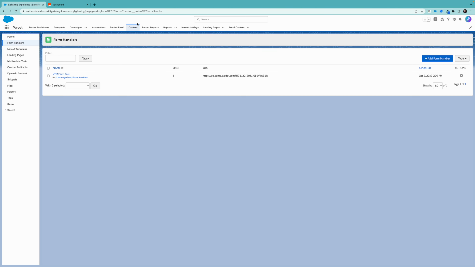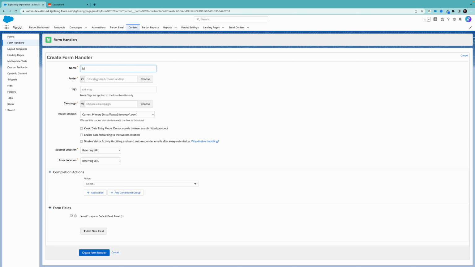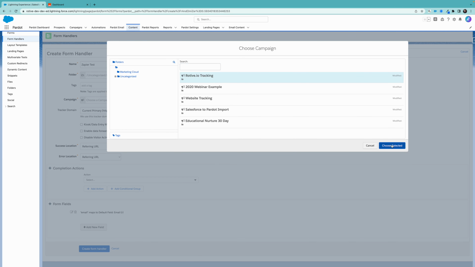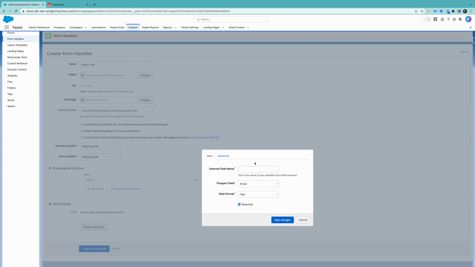I'm in Pardot. Click on the Content tab here and then select Form Handlers on the left. Click Add New Form Handler, and I'm just going to call this Zapier Test. You can then associate that form handler with a campaign. And beneath that, you can add any completion actions that you'd like and any form fields that you'd like to submit or capture. So in addition to email, which is always required, I'm going to add first name